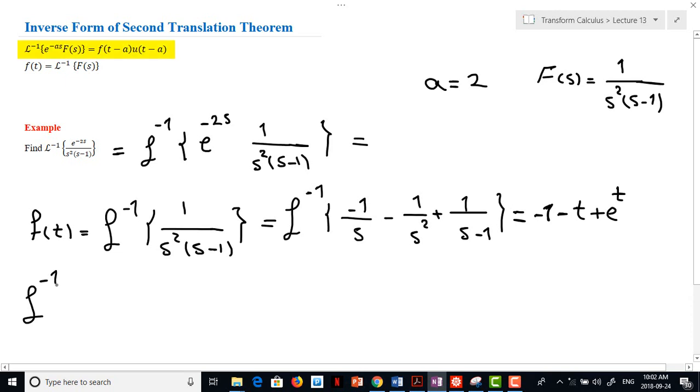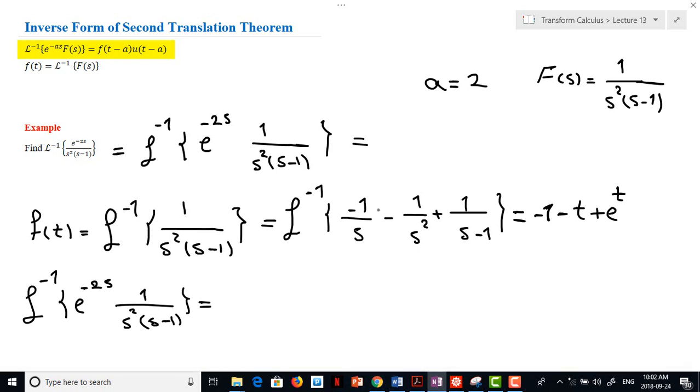translation theorem, Laplace inverse of e to the power of minus 2s times 1 over s squared times s minus 1 is equal to... Now here we have f(t), but we have to make f(t minus a). a is 2, so we have to make f(t minus 2). So here we have a constant function. If you have a constant function, f(t) and f(t minus 2) are the same because we don't have any variable here. As a result, we have minus 1 times